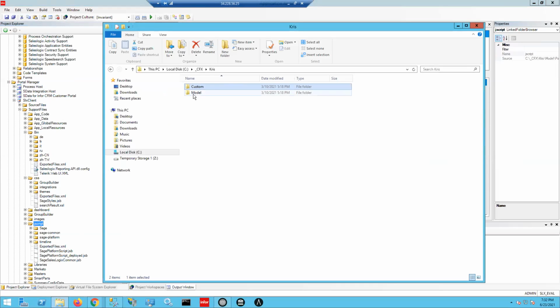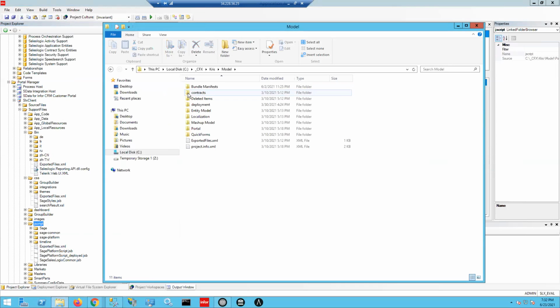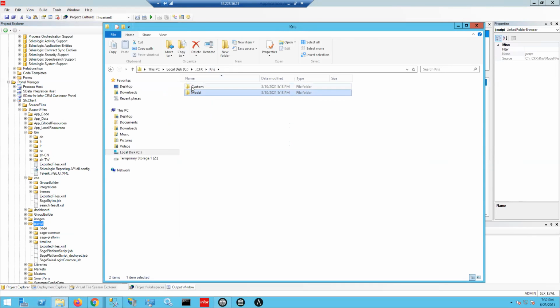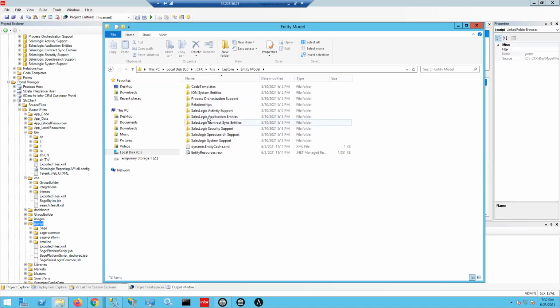So what you end up with are now two folders. You have the model, which is the out-of-the-box entity model. So it contains all of the normal stuff that you would see in a file-based VFS. And then in your custom one, you also see the same type of things, but if you were to expand out the entity model,